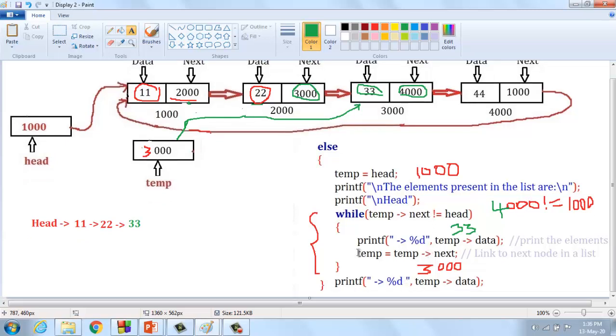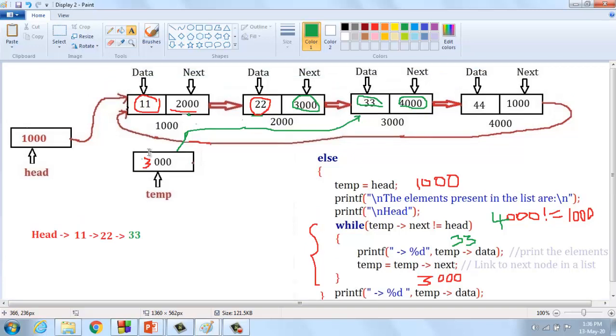Then it prints the output. Then temp equal to temp of next. What is temp? Temp is 3000. What is 3000 of next? 3000 of next is 4000. The temp should be changed into 4000.